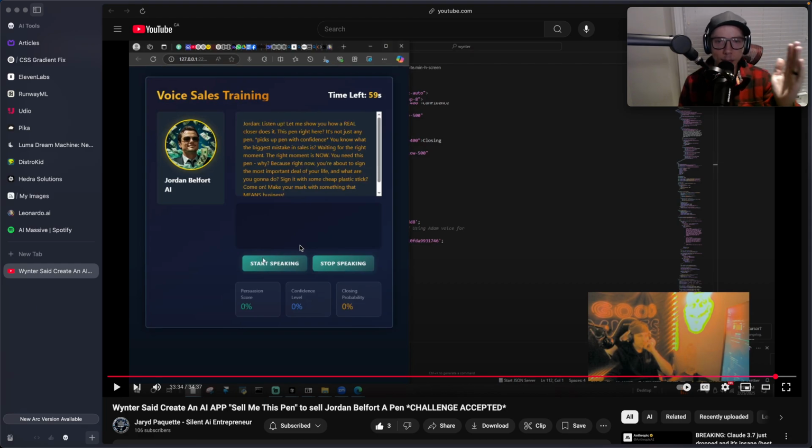and I'm just going to basically copy this idea where you're against the AI. So we're going to do a leaderboard. You sign in, you create an account, and then you go to see if you can sell Jordan Belfort a pen, and you're going to get a score at the end for the persuasion, confidence, and closability, and then we'll turn that into a score, and then you can submit your score. So basically, I'm going to do everything that he's done here. I'm going to do it all with AI,